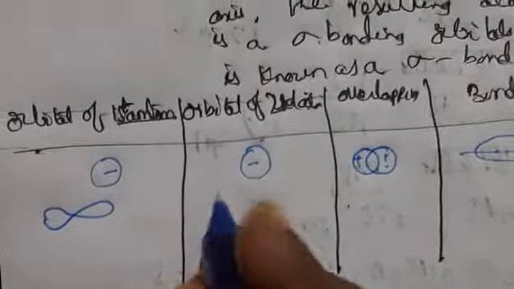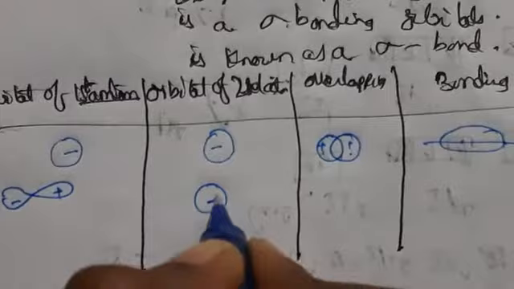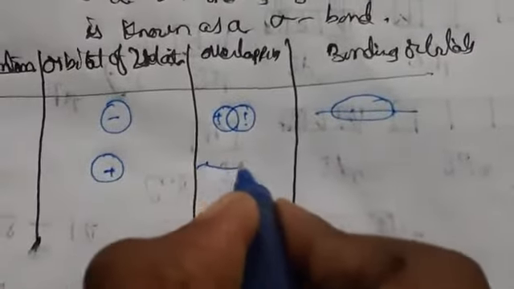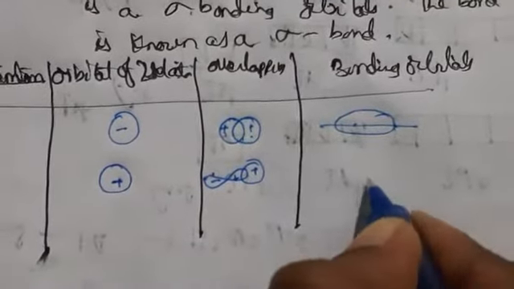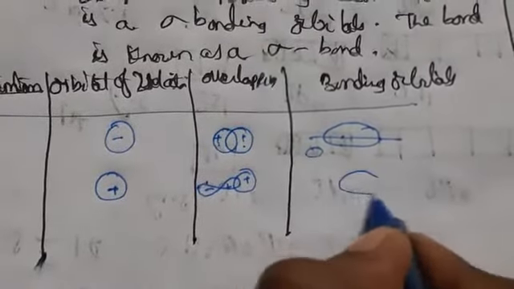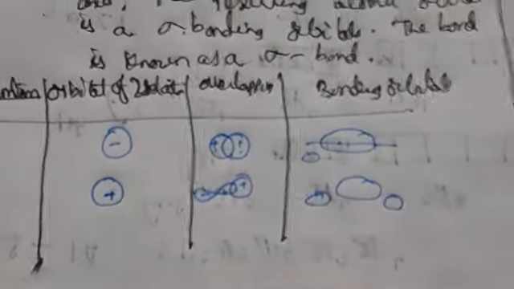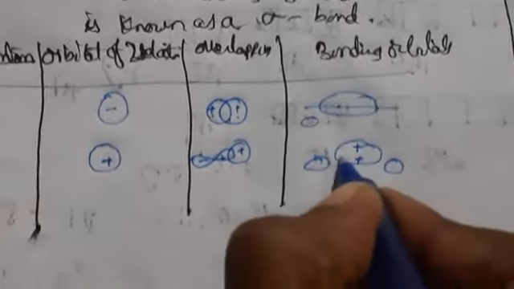Okay, so if you take another, a 1s orbital, this is the first atom I am taking, which has minus, plus. Here I am taking only plus. How is it going to overlap? It overlaps like this: minus, plus, plus. So what is it forming? It is forming like this. Here plus charge, and here negative it may have.